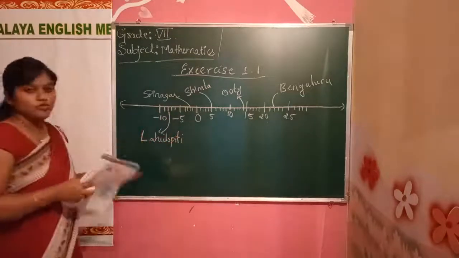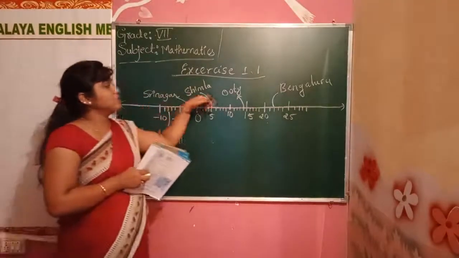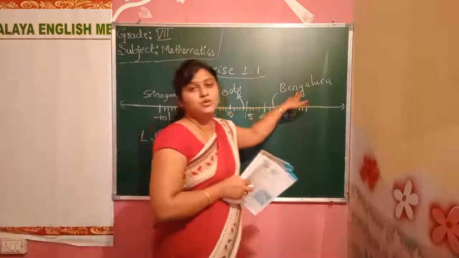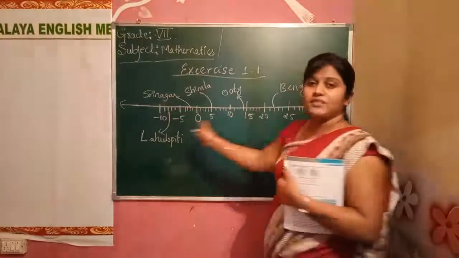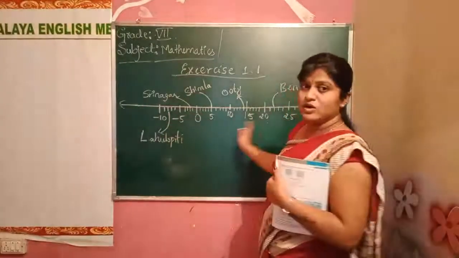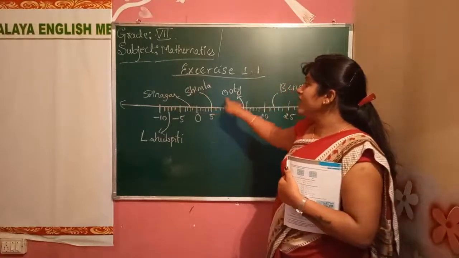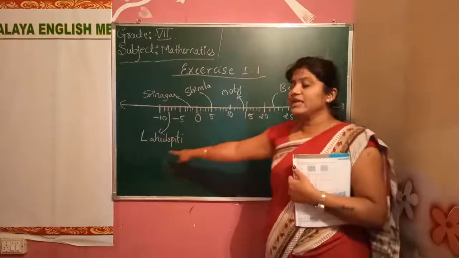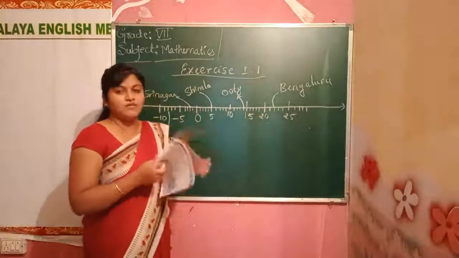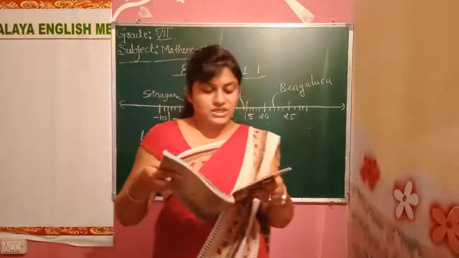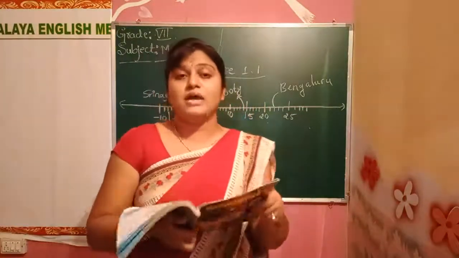Okay, this is also one of the city. Here they given a Lahul Spiti, Srinagar, Shimla, Ooty and Bengaluru. These all are different cities and they mentioned the different temperatures here. On the number line they given a temperature. They are mentioning how much Srinagar have, how much Shimla have, how much Ooty have, Bangalore have and Lahul Spiti have. On this they ask some of the questions. Okay, we'll solve it now. First question is observe this number line and write the temperature of the places marked on.